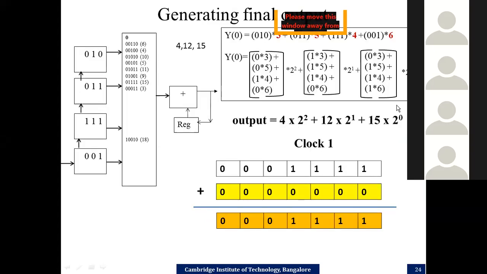Actually, what is happening in the first clock cycle, 15 is read out. That should be multiplied by 2 power 0. This entire term is equal to 15, which you are able to read out not by performing multiplication, but by using LUTs. 2 power 0 is 1. But when you read out 12, 12 should be multiplied by 2 power 1. Then 4 should be multiplied by 2 power 2. And then you can perform the addition of all the 3 to get the final output, whatever is intended.